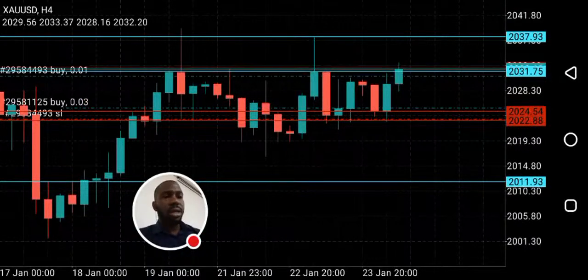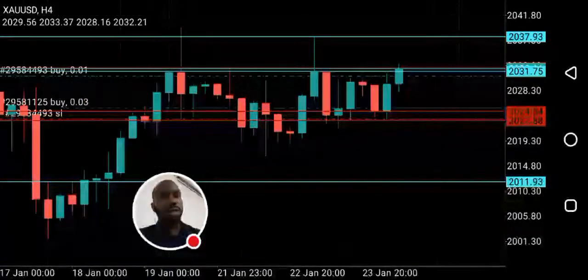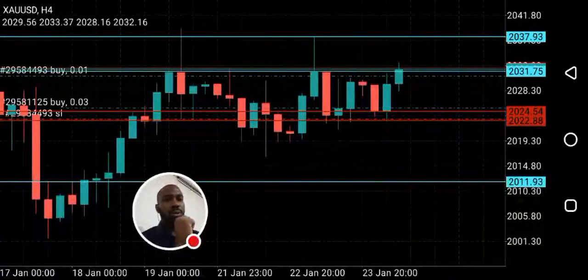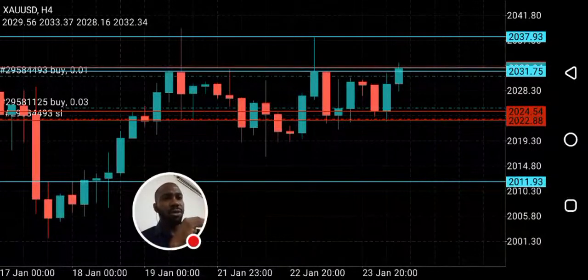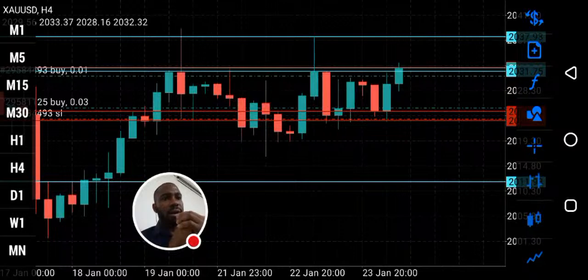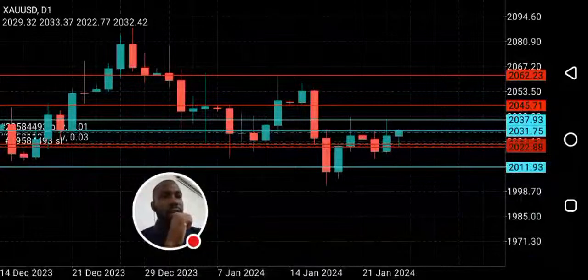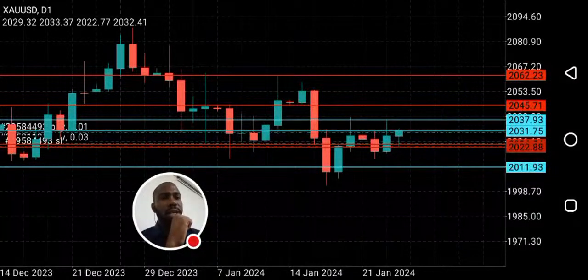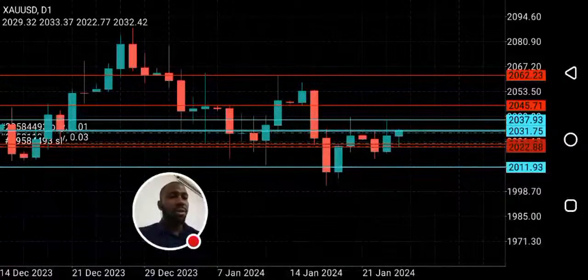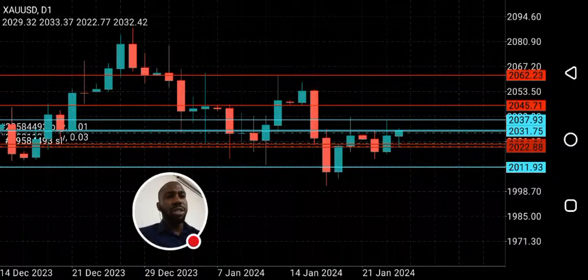Okay, so you can see I'm also bullish on gold. I'm in good profit on gold. You can see that. Let's start with the daily. Yesterday's candle closed as a bullish candle, right? It looks like an inverted hammer. Okay, it closed bullish. So let's go down to